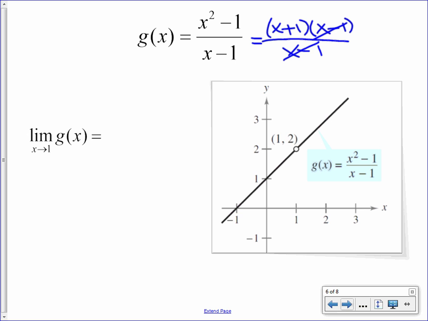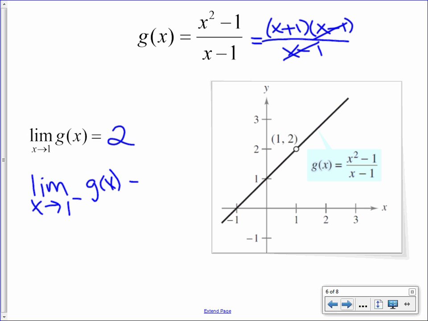What's the limit as x approaches 1 of g of x? 2. How could you get that without the graph? You just follow the line all along. You have x plus 1. You're evaluating the limit as x goes to 1, so you plug in 1. Now, just to be redundant, the limit as x approaches 1 from the left side